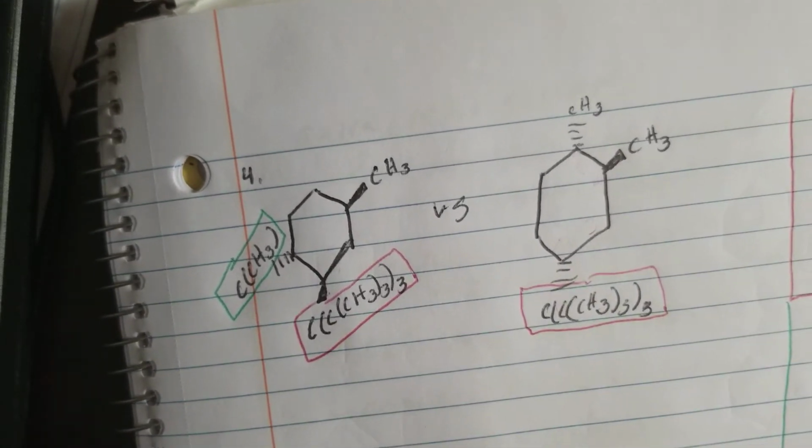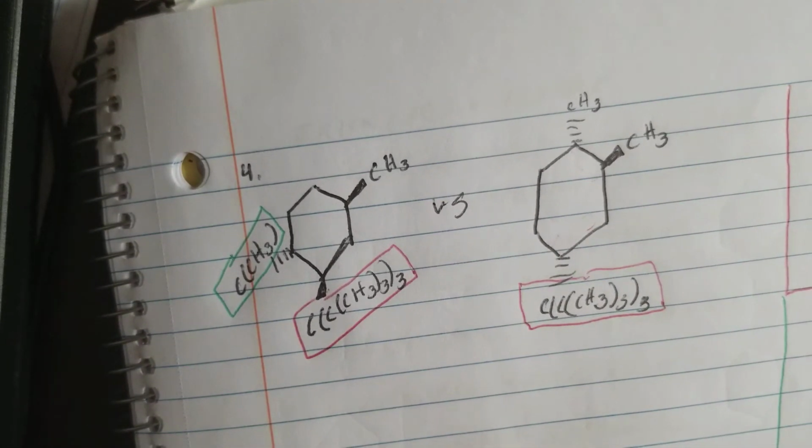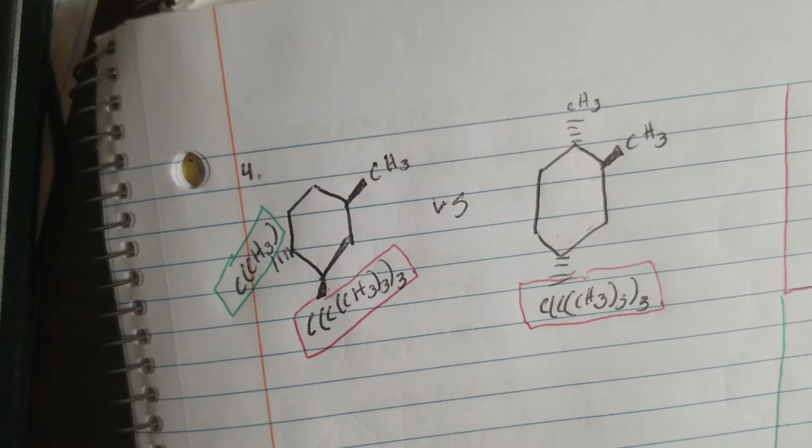Good evening, and today I will be looking at the fourth and final extra credit question, as well as the fourth and final potential question on the upcoming test number 4 for Chemistry 1412. This problem has us looking at two different trisubstituted cyclohexanes, which are depicted here, and the question asks us to determine, of the two